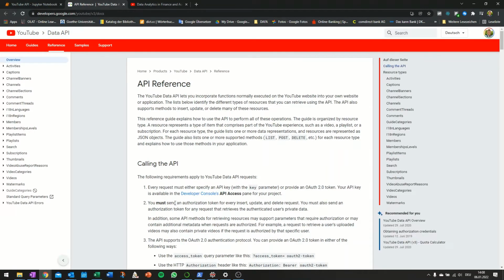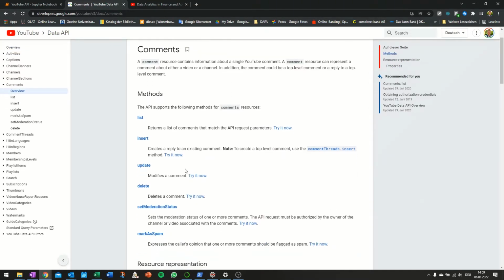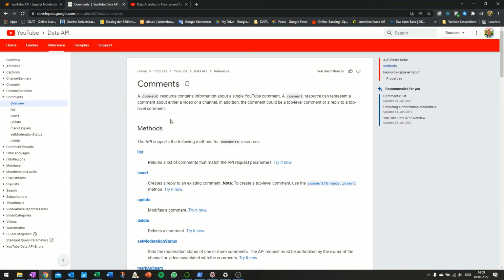So they are both pretty helpful, but I think the one from Google or from YouTube directly is even a little bit better. So on the left-hand side, you can see all the different resources we have in the YouTube API. And if you click on one resource, for example, you also can see different methods, but I don't want to go too much into detail on that for now because I will explain it later a little